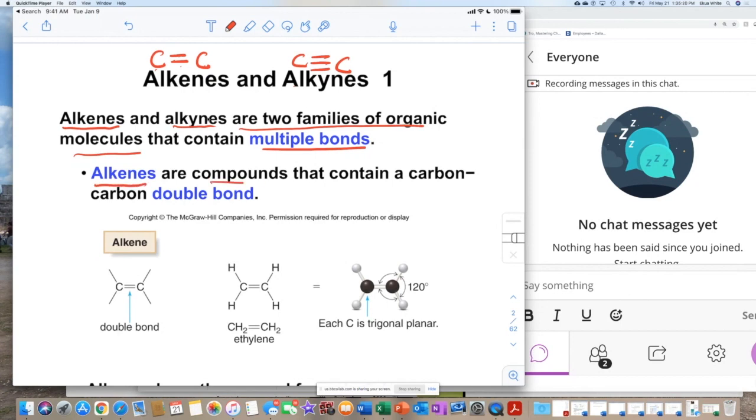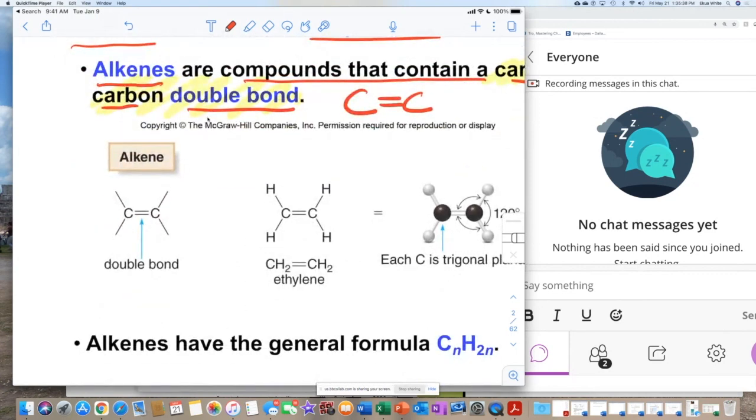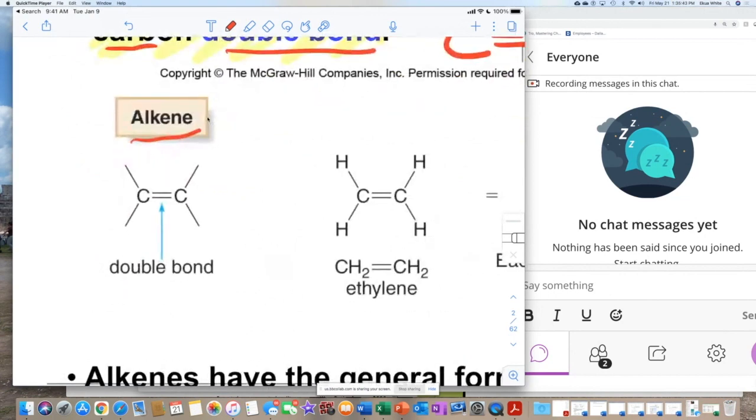So alkenes are compounds that contain a carbon-carbon double bond. Saying it this way describes two carbons held together by a double bond. When you have a carbon-carbon double bond holding the two carbons, of course, we have an alkene. And because of the double bond, the shape of the molecule changes. Now, I gave you a little table that shows you how to figure out the different shapes, and one of your labs asked you these questions. Real quick, let's go over the shape